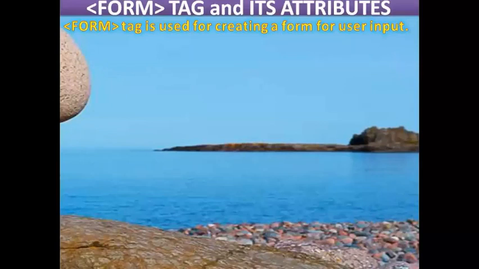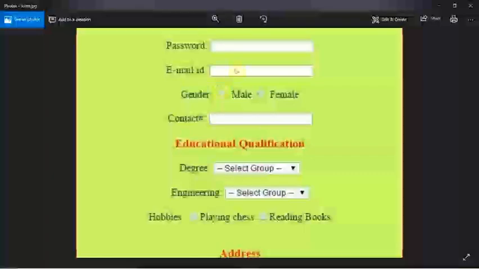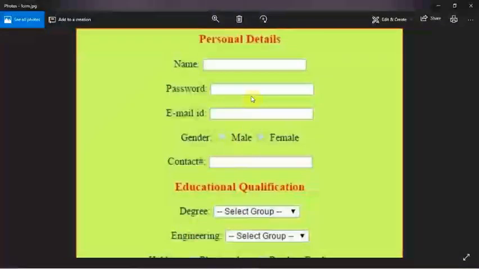But before starting this video, first of all I want to show you one diagram, one picture of the form. What are the different controls on the picture, what do you mean by text box, what do you mean by radio button. First of all, these things are very essential for you to understand. So let's see one form. Here is an example. This is a simple form, and we can create different types of attractive form on the web page, and we can collect the data from the user.